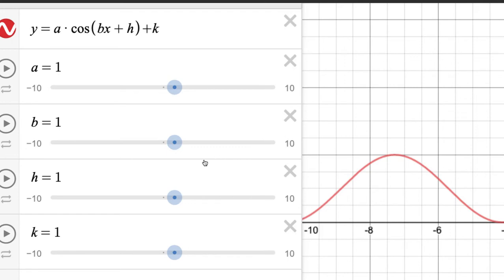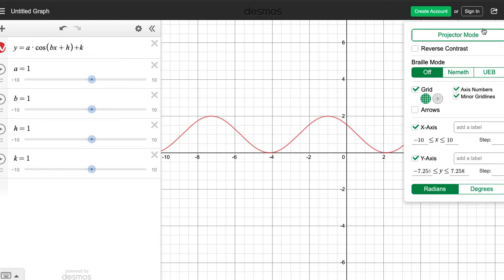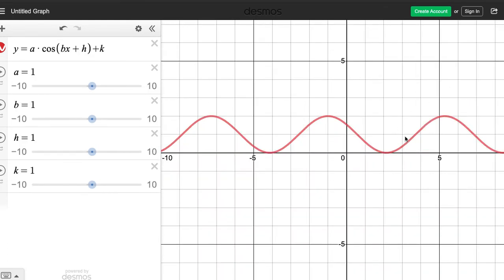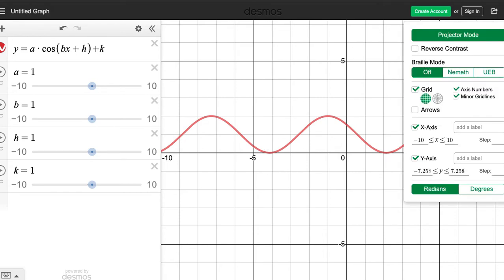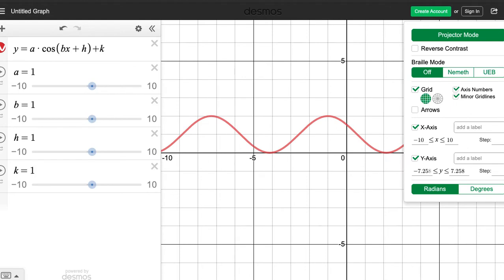So immediately, right off the bat, we can see this has been graphed now. If I zoom back out, I'm going to click on projector mode here. This is repeating. I think by default, it's in radians. Yeah, so if you click on the wrench in the top right, I know that we're not 100% familiar with Desmos graphing calculator, but in the top right, this wrench tool, if I come down, it's in radians by default,